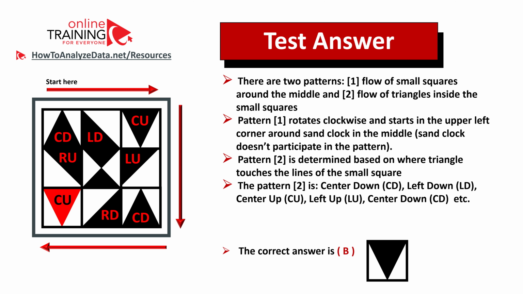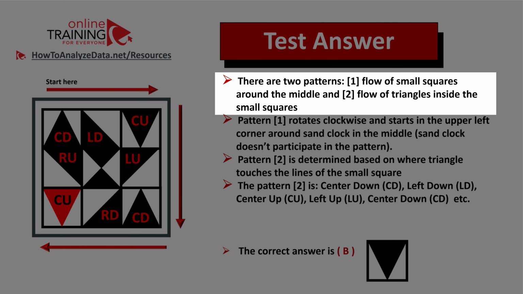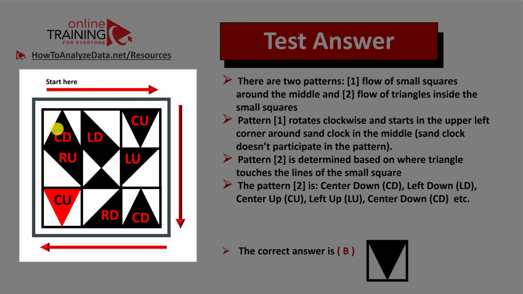We're presented with the very interesting challenge here. But the challenge could be broken down into 2 patterns. The first pattern is the flow of small squares around the middle, and the second pattern is the flow of triangles inside the small squares. Pattern 1 rotates clockwise and starts in the upper left corner. You see that the pattern rotates around the center block, which is in the middle, and the center block does not